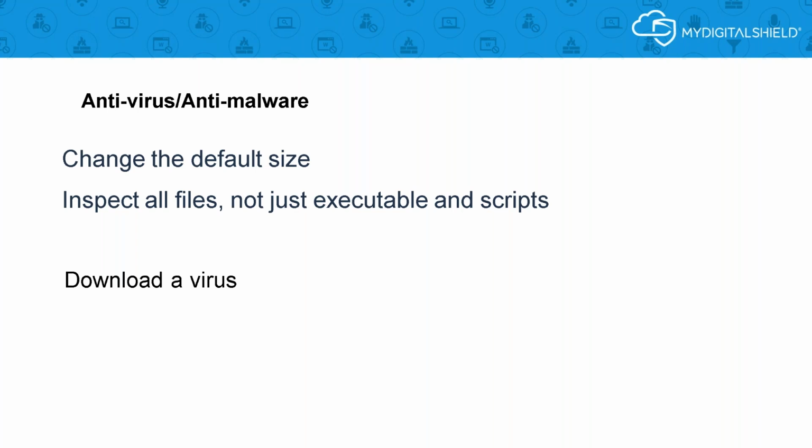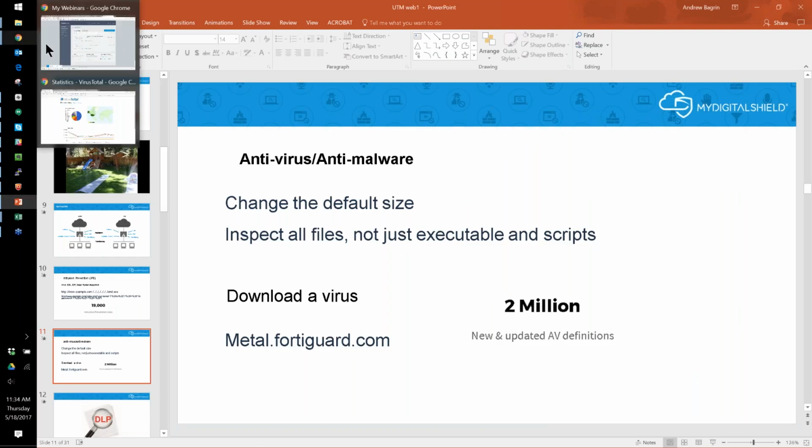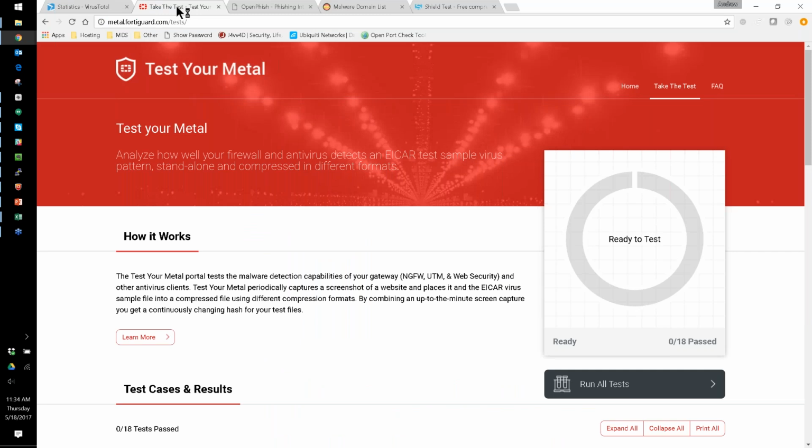You could go to EICAR, I think it's eicar.com, and you could compile your own virus. I think they have one that's compiled already for you. Shield Test uses EICAR. Another one that I like is actually one that FortiGuard put together, and I'm going to show you this one really quick. And just so you guys know, I am actually not behind MDS right now, and I did that on purpose just so that I could show you some of this stuff. But over here,